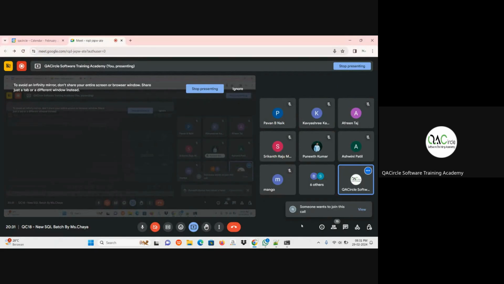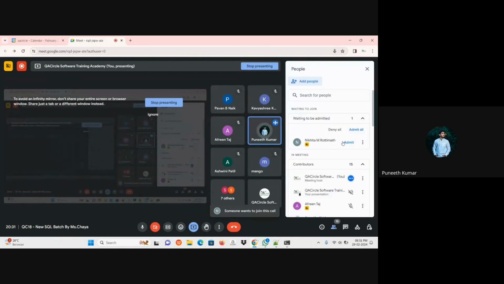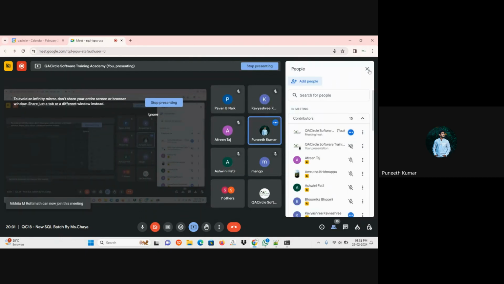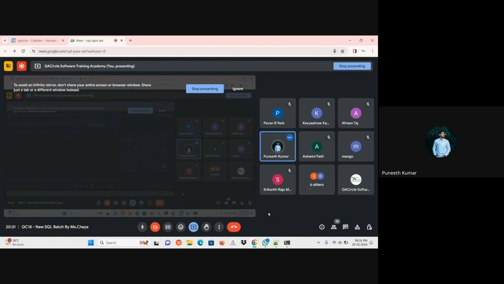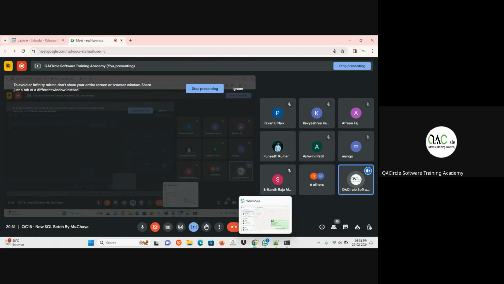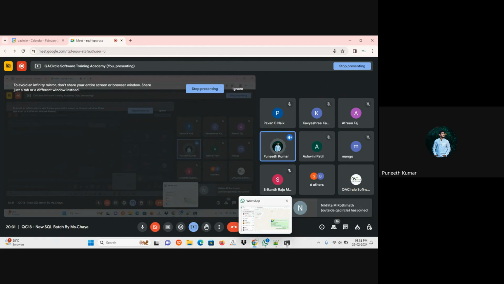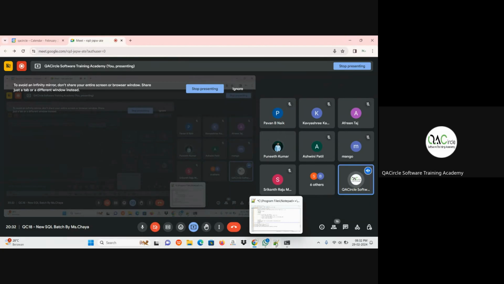I had one doubt. While we change the column name, is it possible to change the column data type as well? We have an option to rename a column or add a column, right? When renaming a column, is it possible to change the data type as well? No, you are just renaming the column. You have already added the data, and based on that data you have given the data type while creating the table. So you can't change the data type here.